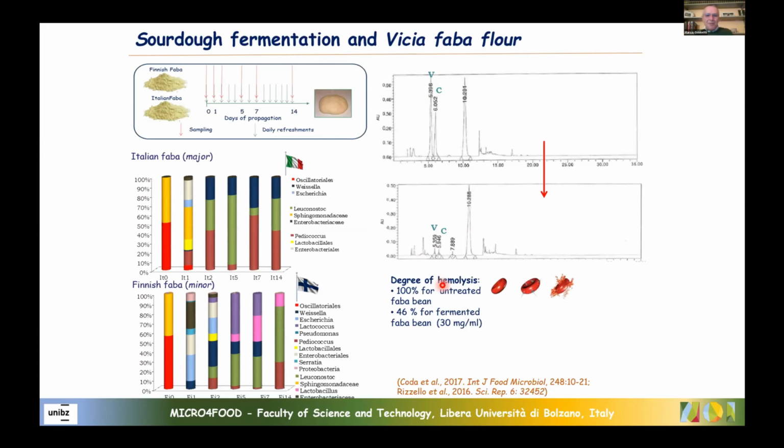So the message for increasing the use of legumes is: please submit these legume flours to sourdough fermentation, then use them alone or mix them with the grains, and at the end you can get an increase of the nutritional properties, an increase of the consumption of legumes, thus respecting the main dietary recommendation.